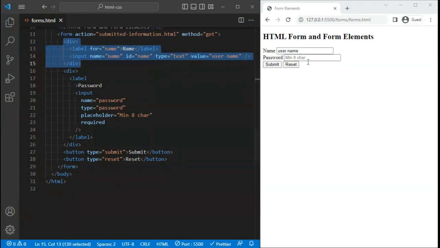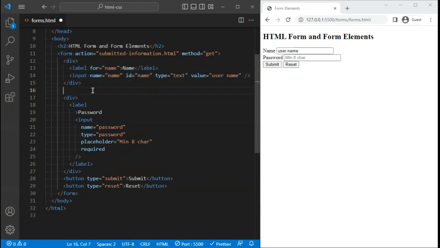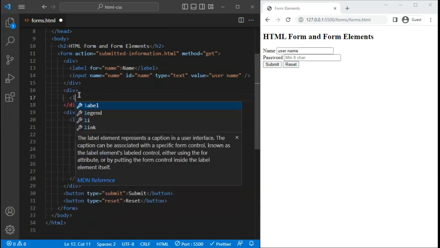I'll put everything between name and password. For instance, I would put everything over here, one by one. I'll keep my password and buttons as the lowest elements of my form page, so everything would be above this div tag. So let's create a simple div tag. Within this, I'll create a label,